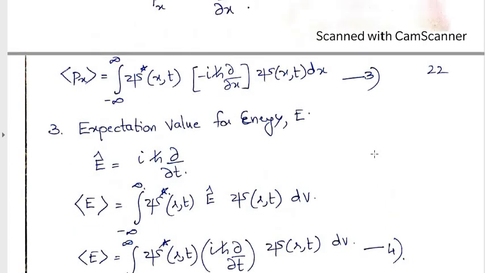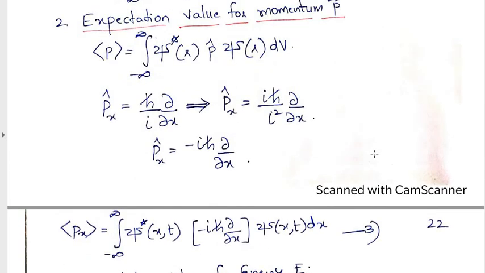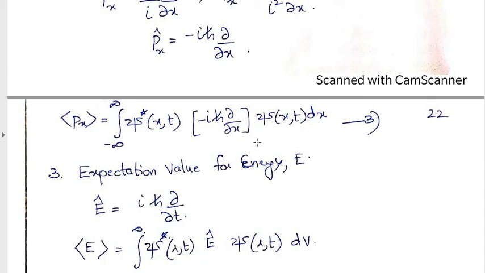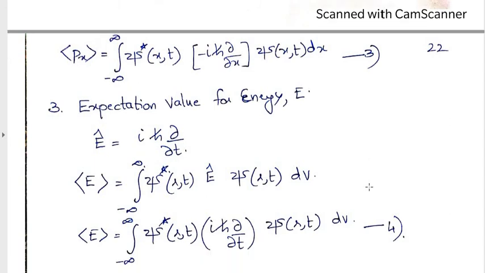Here with regard to momentum, we have taken momentum with respect to only one component, that is x. So therefore we have taken psi to be a function of x and t. Here with respect to energy, it is energy considered in space. So therefore psi is a function of r and t, r being the position vector. So the expectation value of energy E is equal to the integration of psi star r,t E cap psi r,t dV between the limits of integration minus infinity and plus infinity.